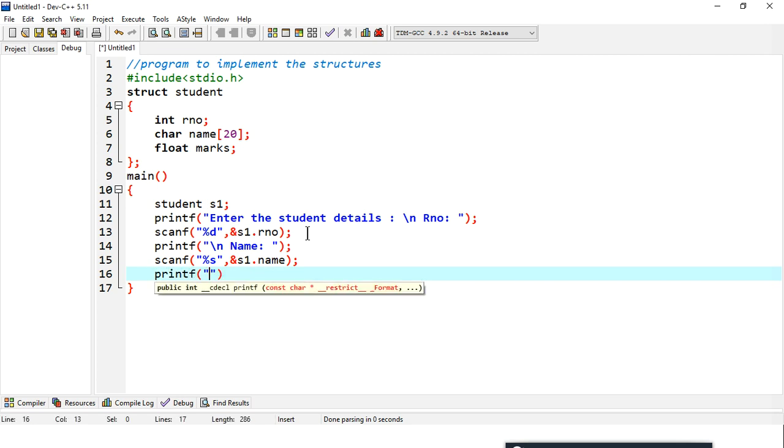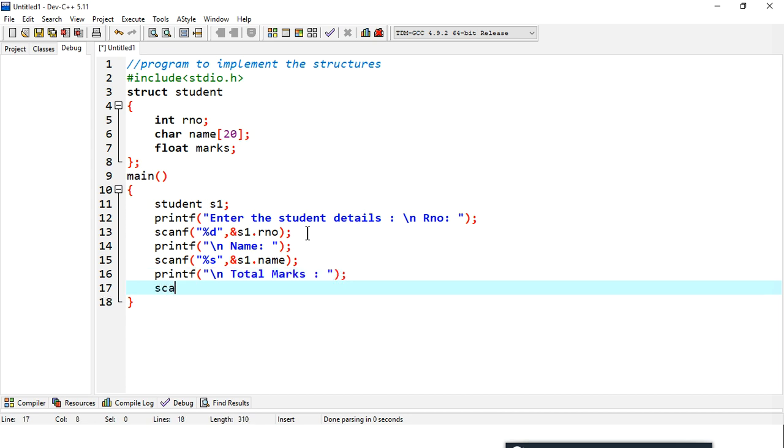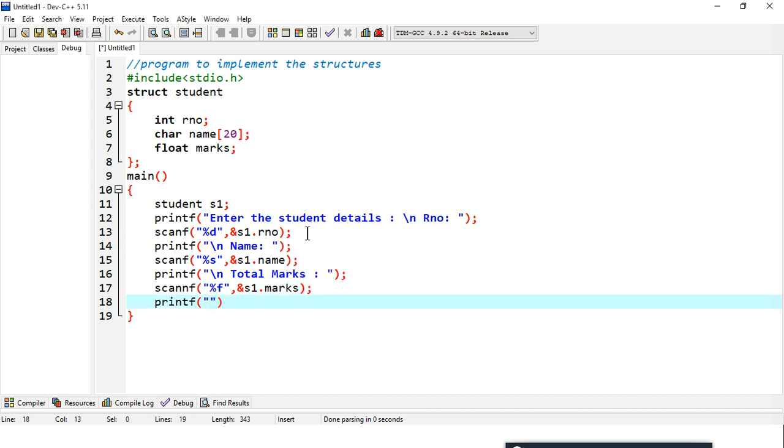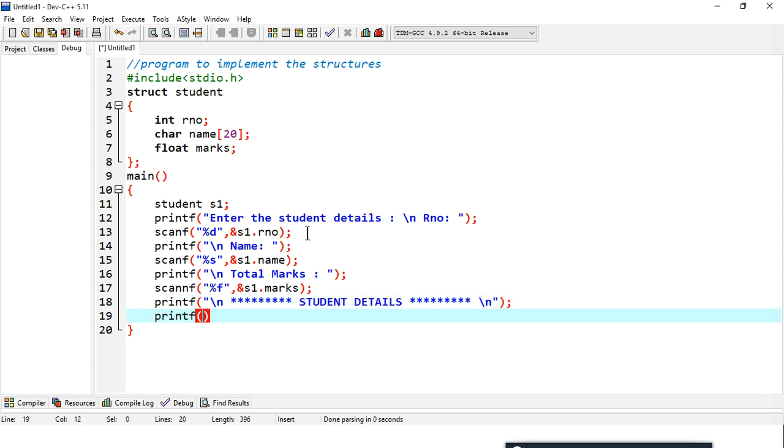Then I'll ask printf slash n total marks. I'll use scanf again, %f this time for float, comma ampersand s1 dot marks. Once reading these values, I can print the values. printf slash n, and create a pattern here, student details, and I'll use another printf slash n roll number, slash t name